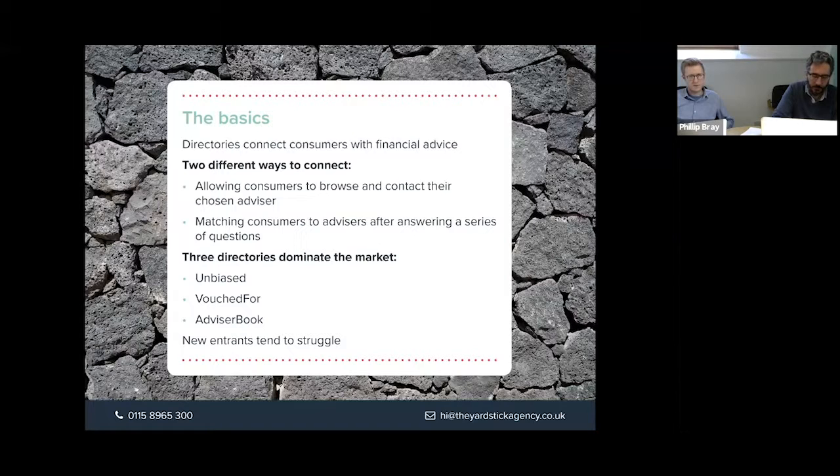Ray Adams, who runs Niche IFA, CashCalc and AdvisorBook, is a hugely smart guy. He's talked to me about the fact that they're going to be doing more marketing later on in the year. So I'd cut AdvisorBook a bit of slack, but it will be interesting to find out whether people are getting many inquiries from it or not.